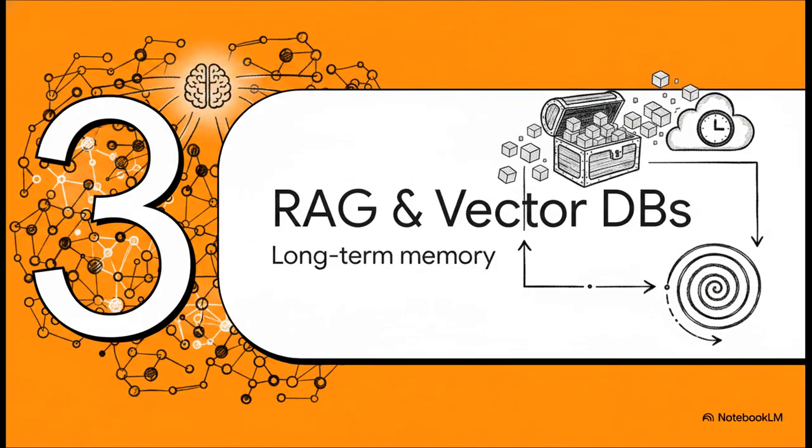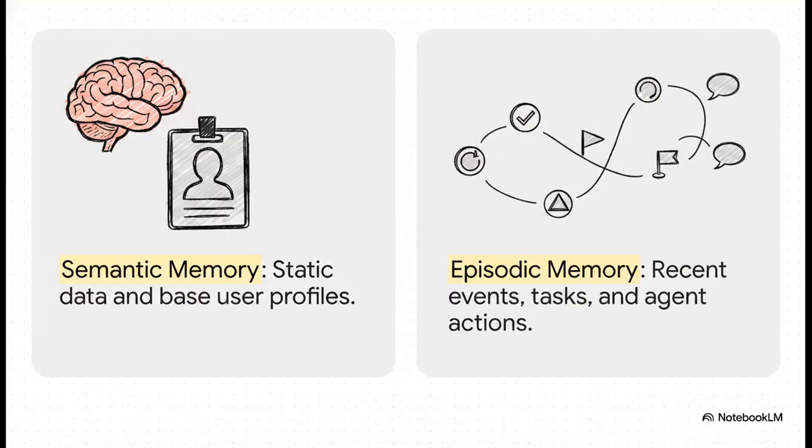And that brings us to part three, RAG and vector databases, the key to long-term memory. Now, the crucial point to understand here is that not all memory is created equal. For an AI agent to be truly useful, the architecture actually has to separate things out. You have semantic memory, which is basically the static database: who the user is, their role, the core rules of